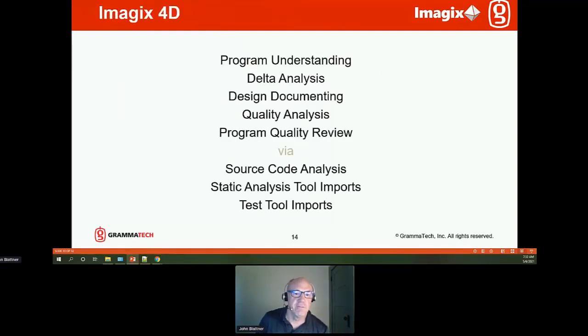Reverse engineering means different things to different people, and I'm going to speak from the perspective of our tool. Imagix 4D is a reverse engineering tool, and we divide its capabilities into 5 areas. The first of these is program understanding. Sometimes that's called program comprehension or source code analysis, and is often what people are referring to when they mention